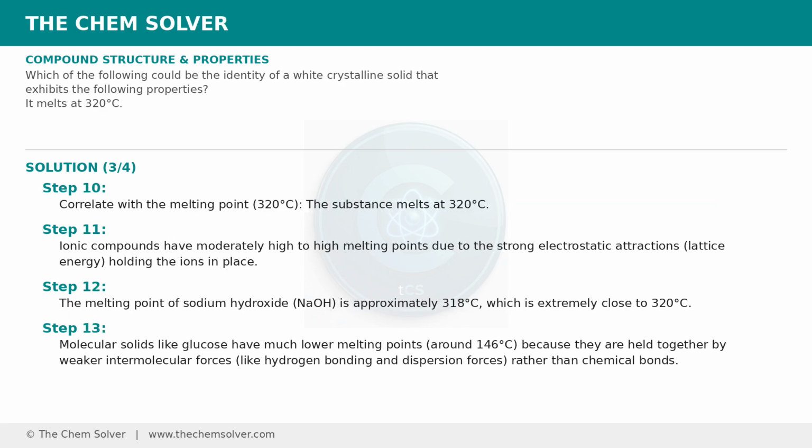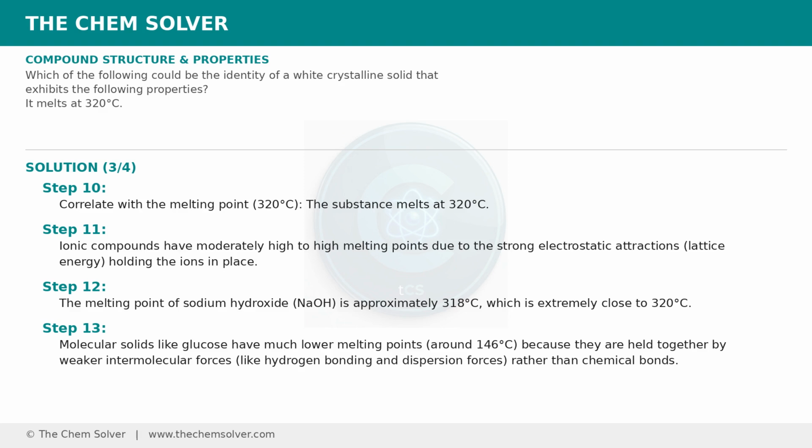Correlate with the melting point. The substance melts at 320 degrees Celsius. Ionic compounds have moderately high to high melting points due to the strong electrostatic attractions, lattice energy, holding the ions in place. The melting point of sodium hydroxide, NaOH, is approximately 318 degrees Celsius, which is extremely close to 320